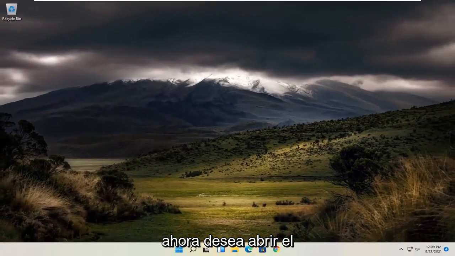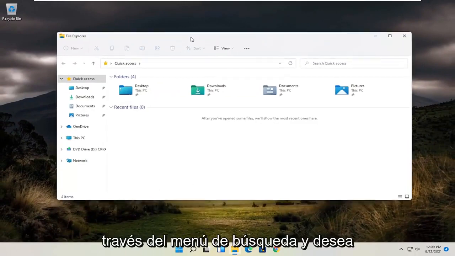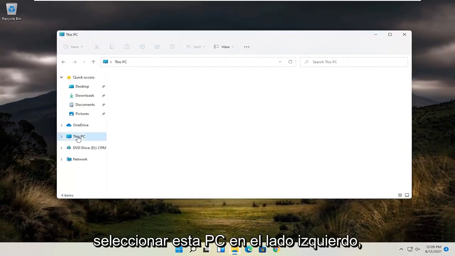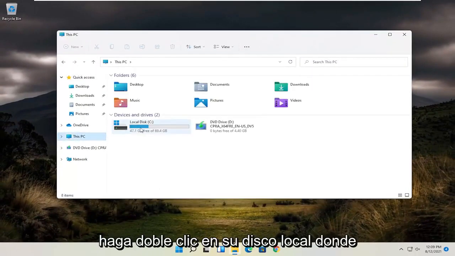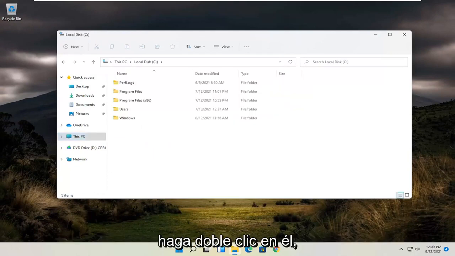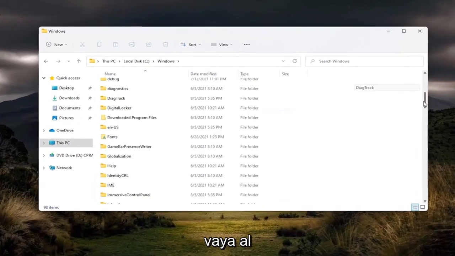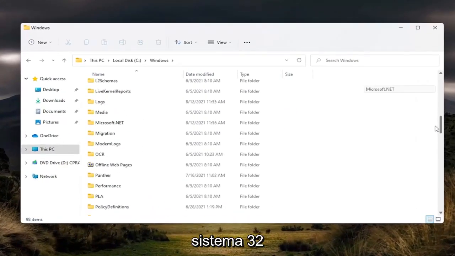Now you want to open up the File Explorer down your taskbar. You can search for it alternatively as well through the search menu. And you want to select this PC on the left side. Double click on your local disk where Windows is installed. So go ahead and double click on that. And now you want to locate the Windows folder. Double click on it. And now go down to System 32